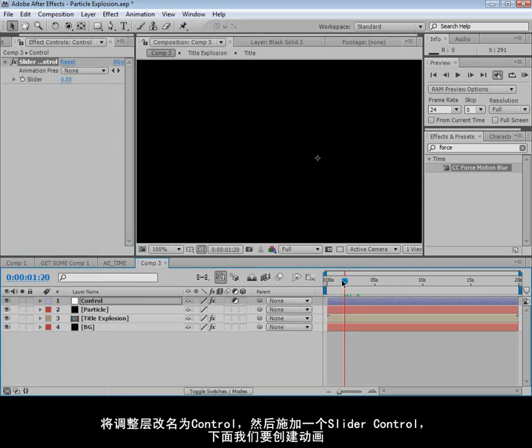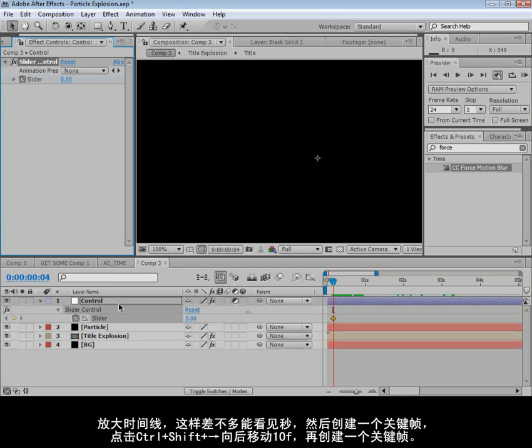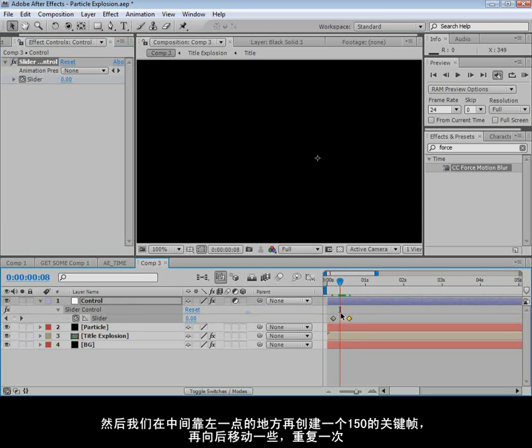So we want there to be an explosion, and then we want there to be another explosion. So we'll zoom in here, we've got seconds. I'm going to set a keyframe, and then I'm going to move forward 10 frames. So Control Shift forward arrow moves forward 10 frames, and I'm going to set another keyframe. And then I'm going to go to about just left of the middle, and we're going to turn this up